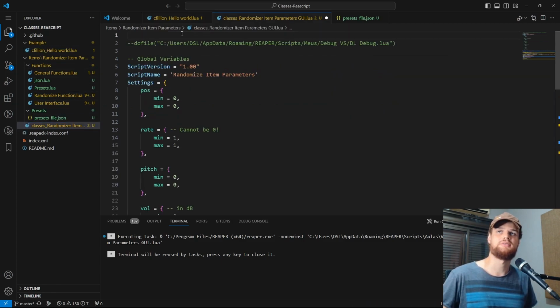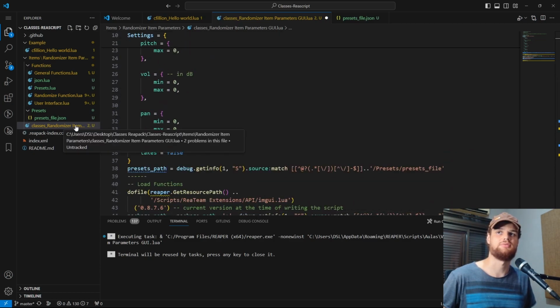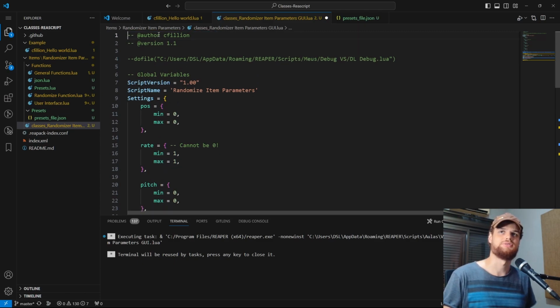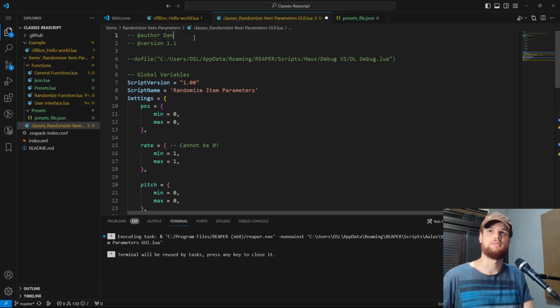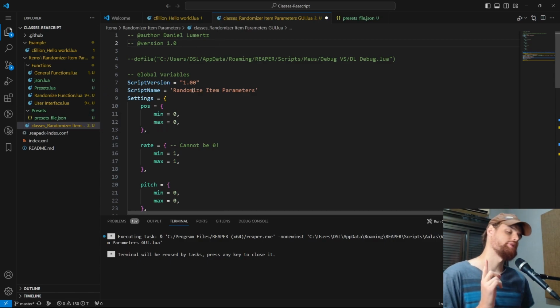And I will paste on the main file of the classes randomizer items. I don't need a description, so just the author will be Bloomerts, version 1.0. And now for this